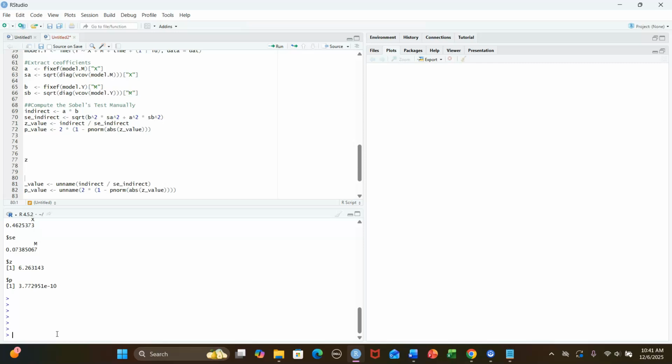It also requires that you have linear regression models, to make the indirect effect A times B. And I will continue to search for other more advanced methods for mediation analysis